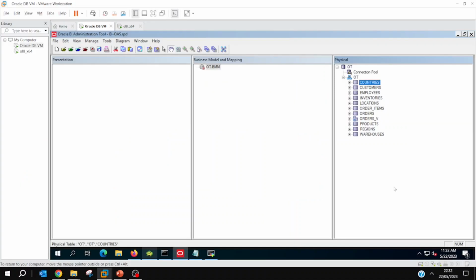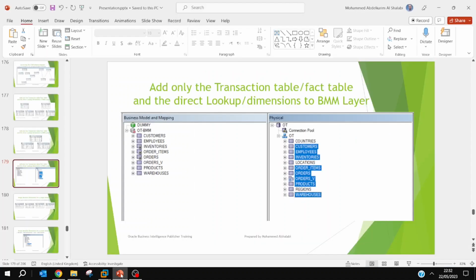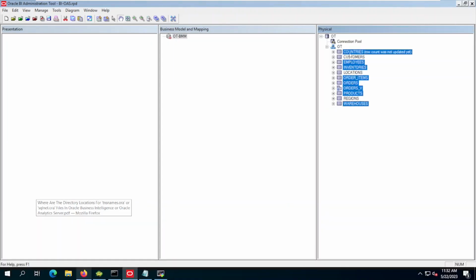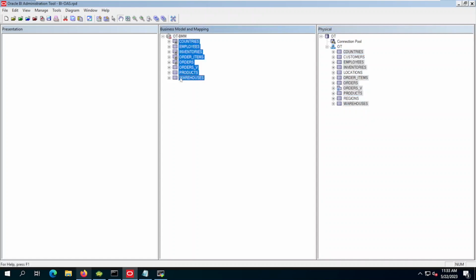Here we have customer, employee, inventory, order items, orders, order via, products, and warehouse. We have three tables. I will not select them. Okay. Drag and drop these tables to the physical model. Now we don't have detailed